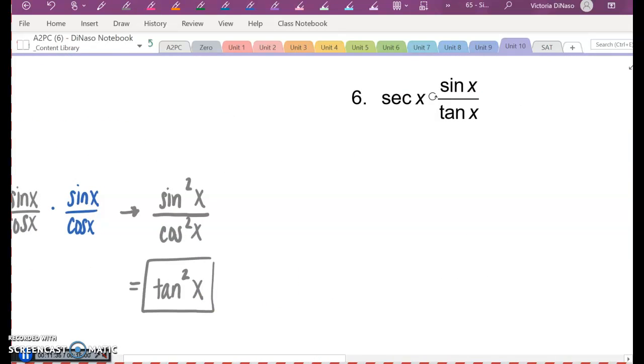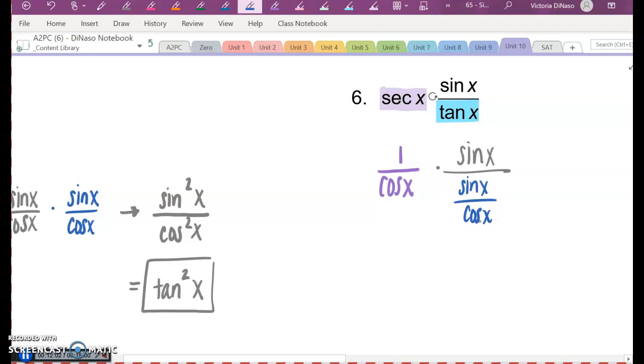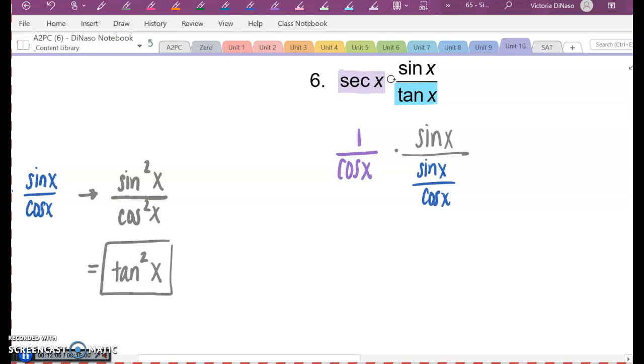Next, we've got three things. I've got secant x times sine x over tangent x. So I'm going to change the secant x and I'm going to change this tangent x. I'm going to change secant x into 1 over cosine x. And then we've got sine x divided by, and I can change tangent x into sine x over cosine x. So I'm going to keep that 1 over cosine from the secant, the thing that I have in purple. I'm going to keep that normal. So I have 1 over cosine x